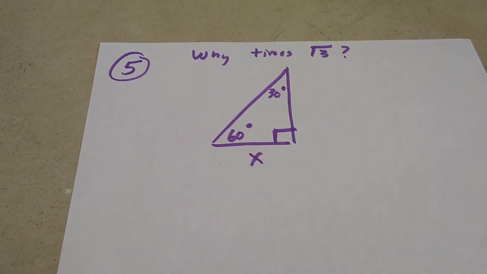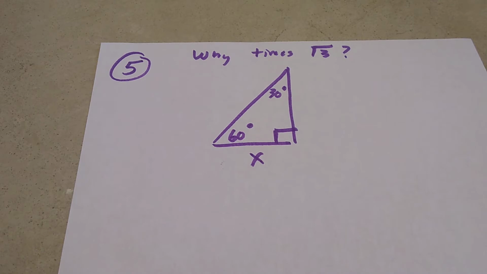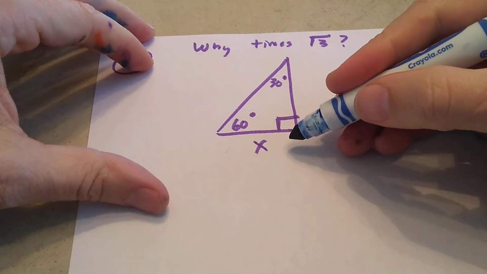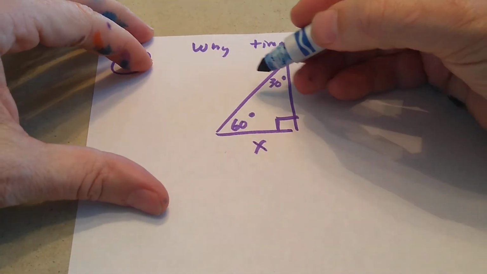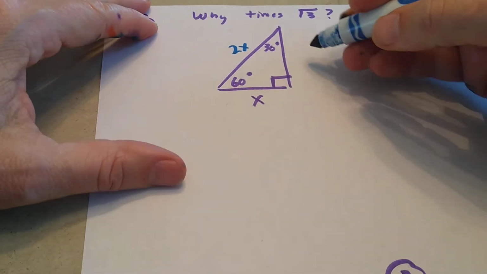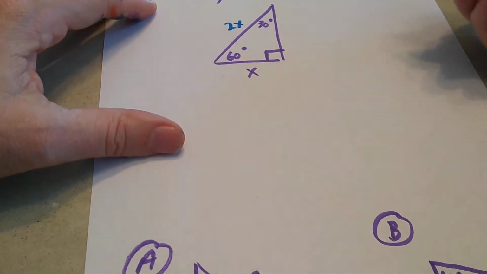I'm going to do a 2-minute bonus problem here for anybody who's interested. All right, so why is it always times square root of 3? So if this is x, what does this have to be? Well, this has to be 2x, which means, if I figure this one out, I'm going to use the Pythagorean